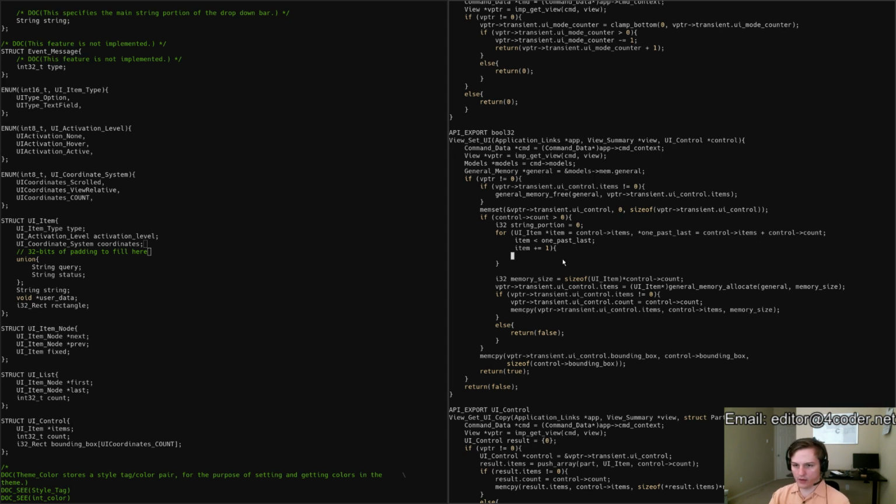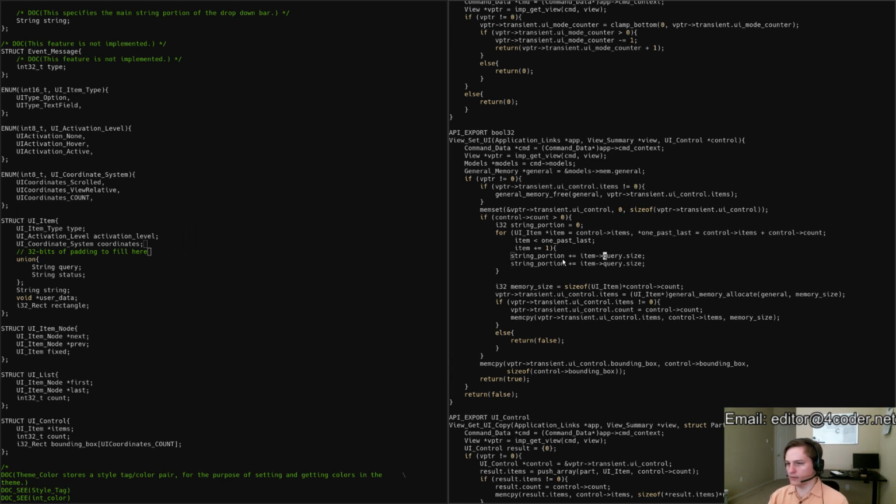And for each of them, what I'm going to do is look at their two strings, and we're going to add their lengths into this. So query dot size and string size, and then we get that whole loop done. That isn't going to be a problem, I hope, but if we need to, we can have the UI control build up its count as we add items to it